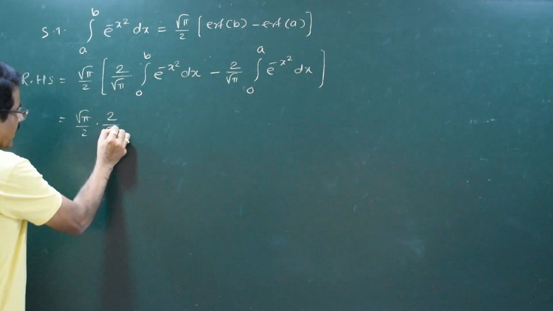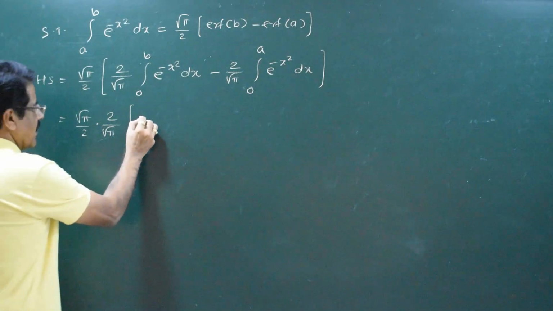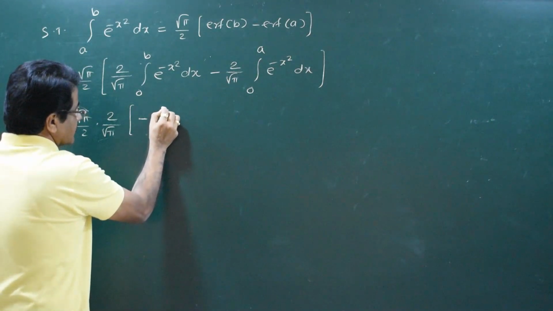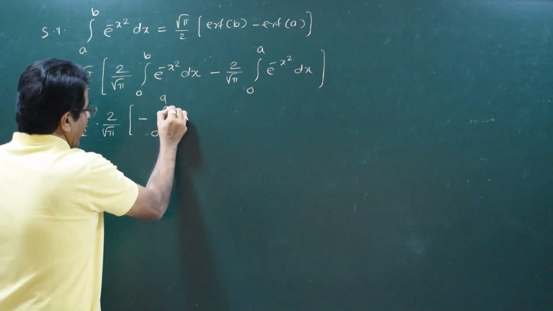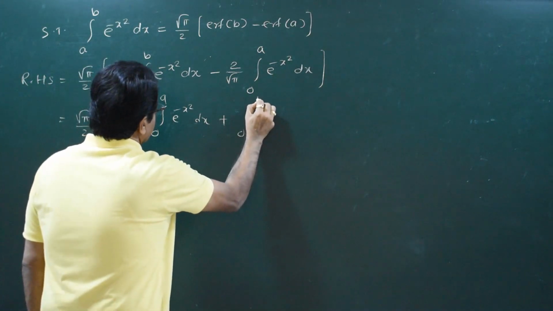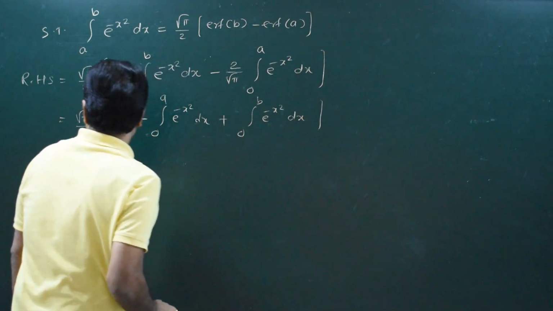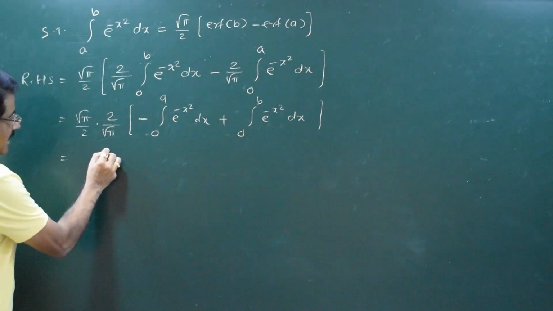It is better to take 2 upon root pi common, and then I am going to write the second term first: minus 0 to a e raised to minus x square dx plus integration 0 to b e raised to minus x square dx, that is equal to, now this